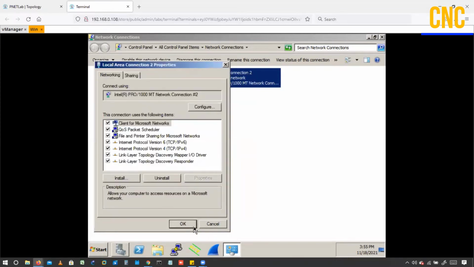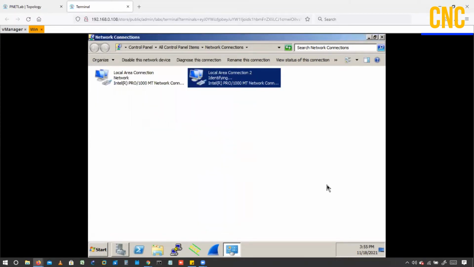Okay, fine. Now one more thing: I'll be using this Microsoft server as a CA certificate server, right? So we need to have the exact same time on both devices, on vManage and on this device. This vManage and this server should have the same time zone, and the time should be in sync. Otherwise, whenever we install the certificate, or try to restore the vManage and other things using the certificate, we'll have issues. So just make sure your Windows Server and your vManage have the same time and the same time zone.